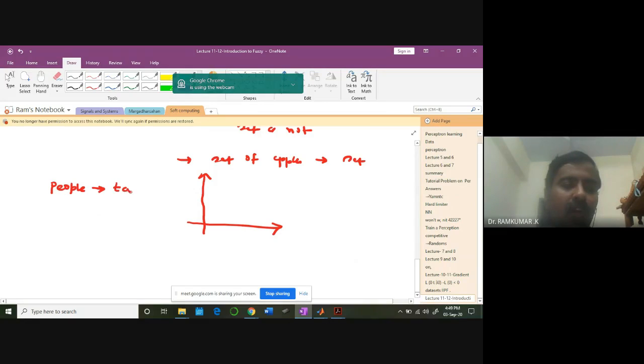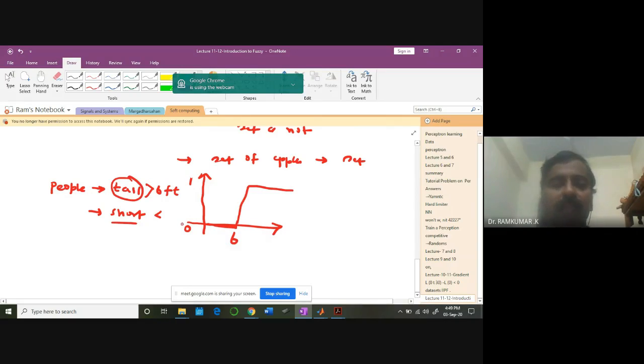We are trying to measure the tallness. If you are tall, short. So you fix a range: 6 feet above tall, below 6 feet short. So in that case, we are going to define the set value. Here is the 6 feet. All the people who are below the 6 feet will be given a membership value of 0 in the set tall. Is it clear? And anybody with 6 feet and above will be given a membership of 1.